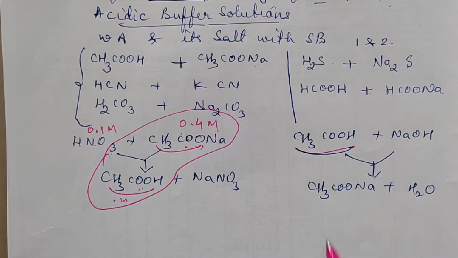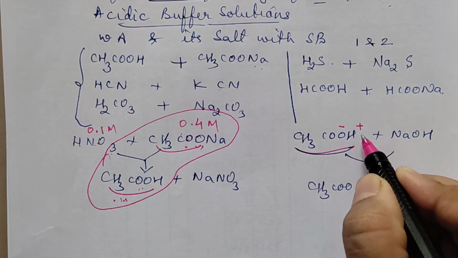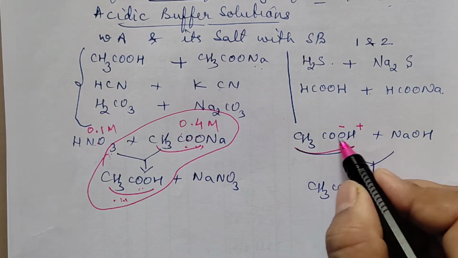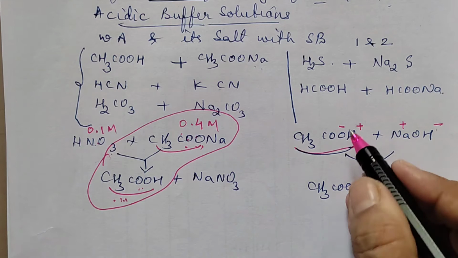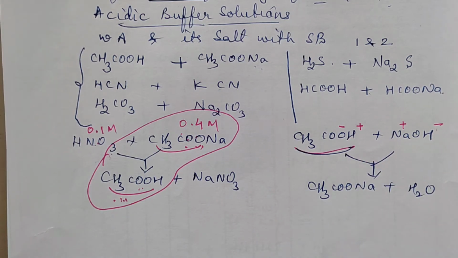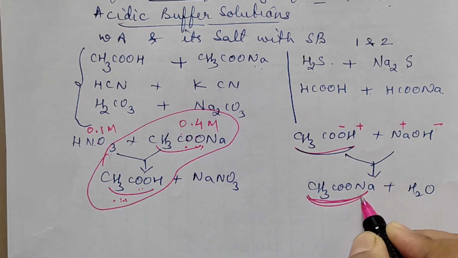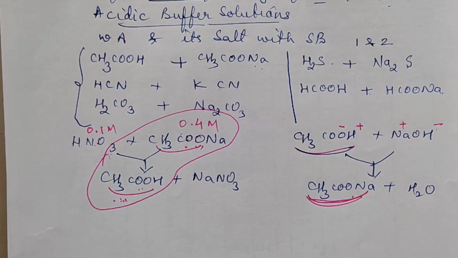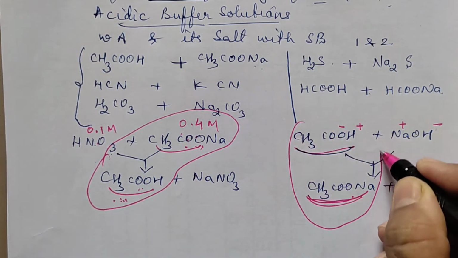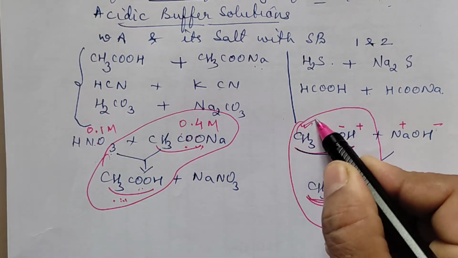Right? How do you decide that this is going to be formed? This will ionize as acetate and H plus, then Na plus and OH minus. So again you can just write down the crisscross method and you will get the product. Right? So now this acetic acid and the sodium acetate put together can act as a buffer solution. Right? So this can also be considered a buffer solution provided this concentration is more.